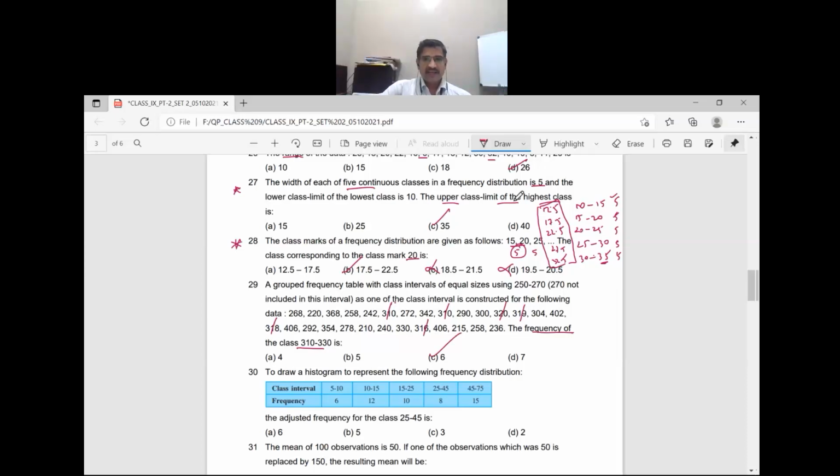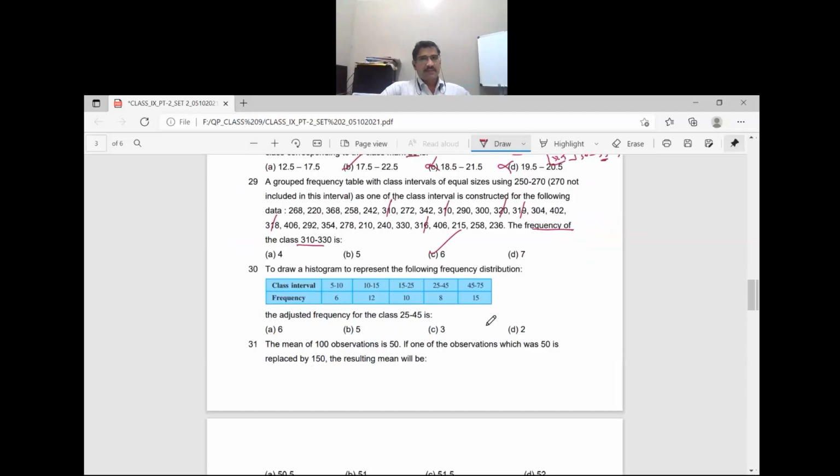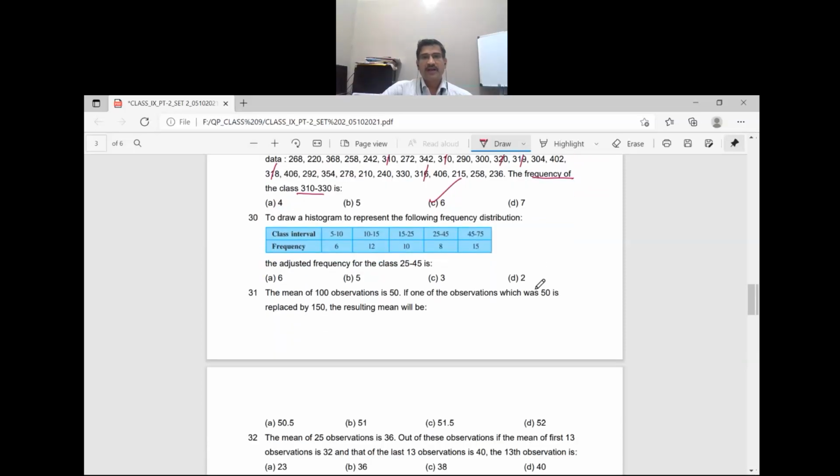Then the 30th question. We'll discuss up to the 30th question today and we will take leave for today. Tomorrow we will discuss the rest of the questions, and probably the leftover statistics concepts. We'll finish it. So, to draw a histogram to represent the following frequency distribution, the adjusted frequency for the class